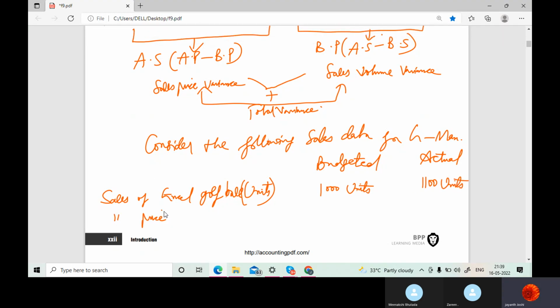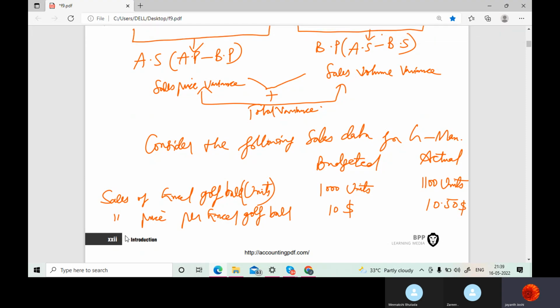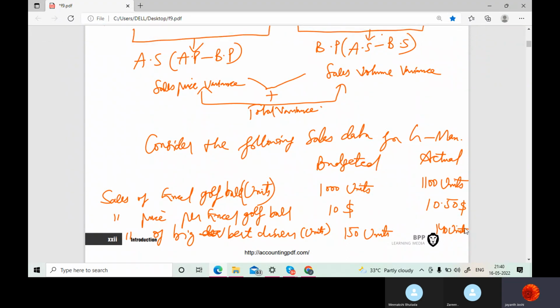Sales price per Excel golf ball. Sales of Big Bird drivers in units: 150 units, 140 units. Okay, and sales price